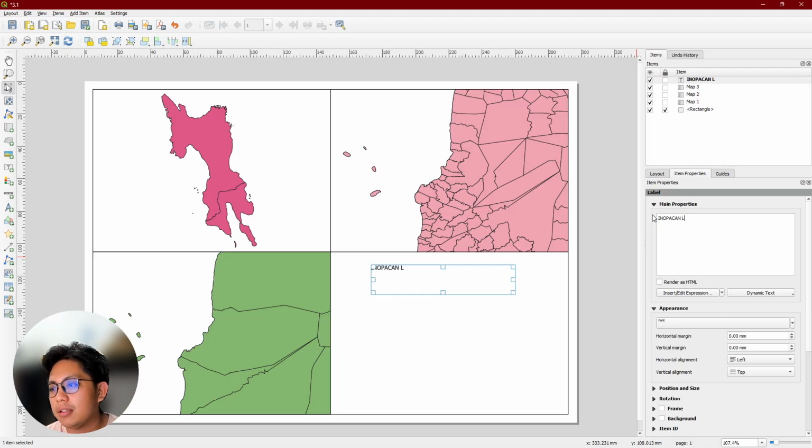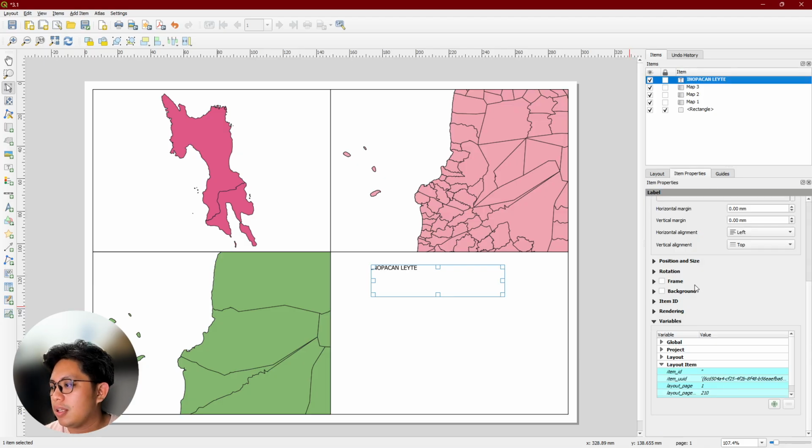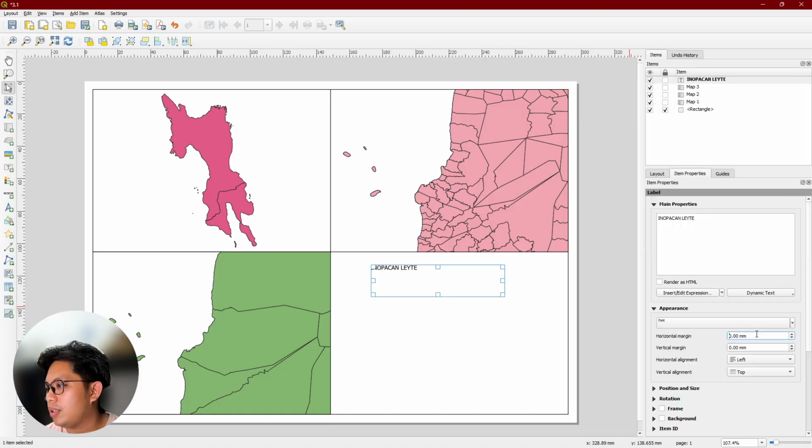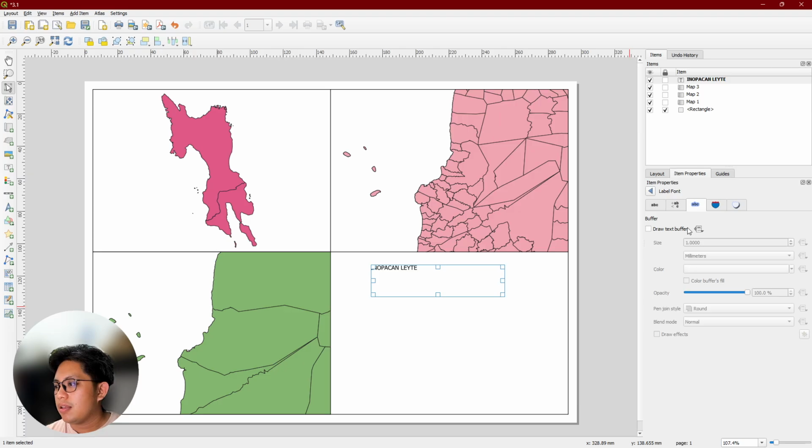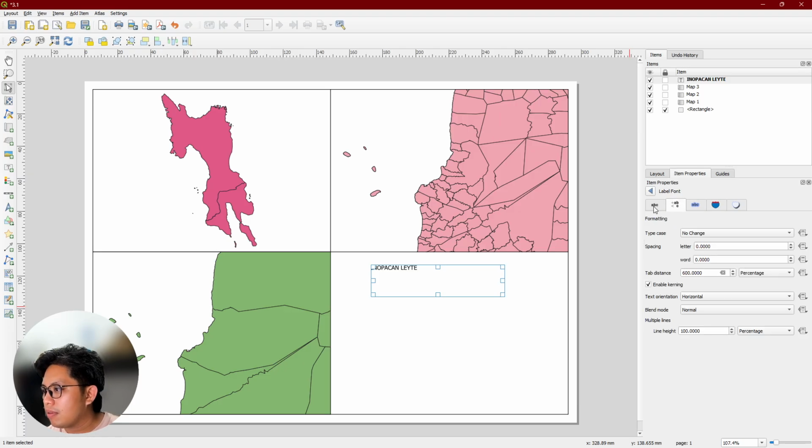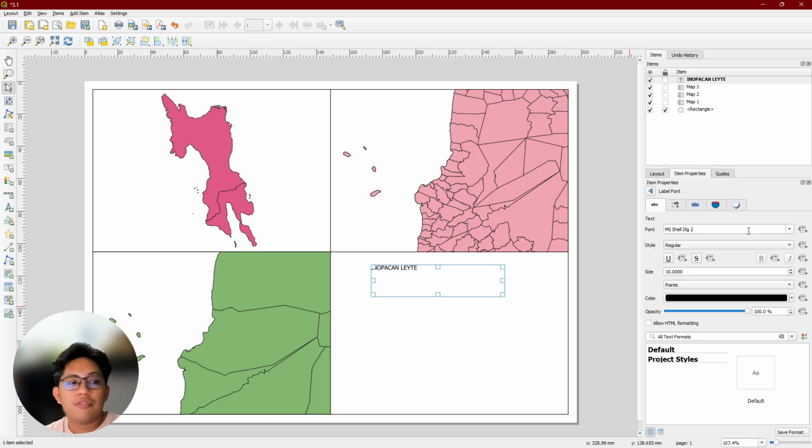Inupakan. The font changed. Yeah, you can modify it. So, go to your text, go to your appearance, font.